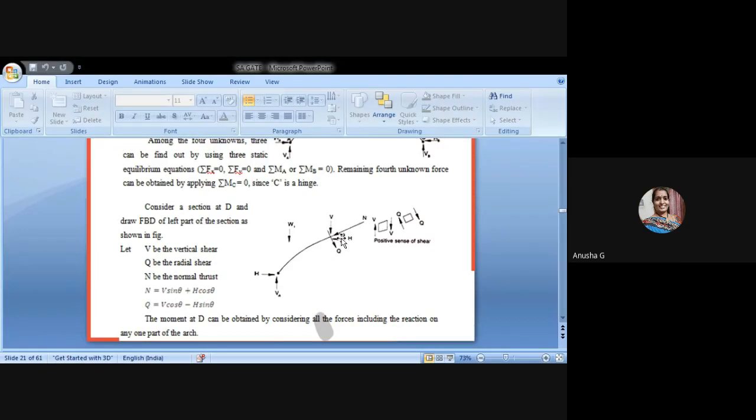By calculating the same, first we have to find the reactions VA and VB. Then next we have to calculate the horizontal thrust H. To calculate H, first we have to find the theta value. To find theta, we have to know the summation of Fx and summation of Fy. Once you get the summation of Fx and Fy, theta equals tan inverse of summation of Fy by Fx. Then we find the angle. Once we get the angle, you substitute in this equation. After knowing the values of V and H, you substitute directly in this equation, and then we will get the total three-hinged arch equation. This is one of the methods.